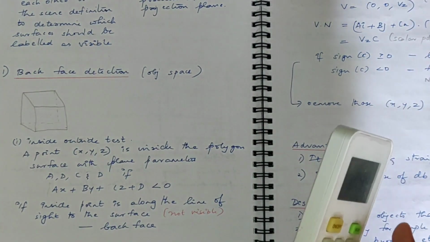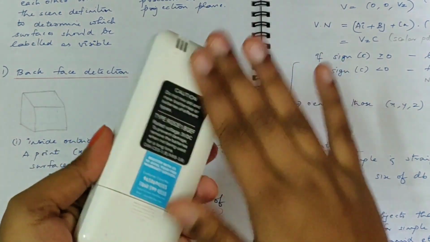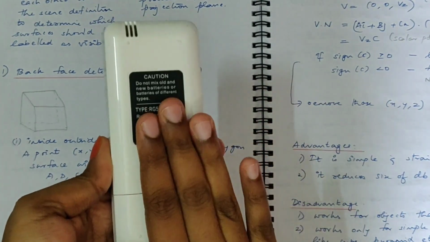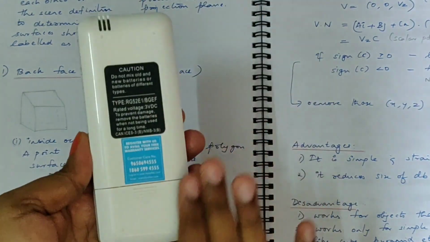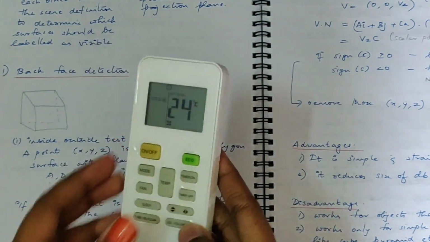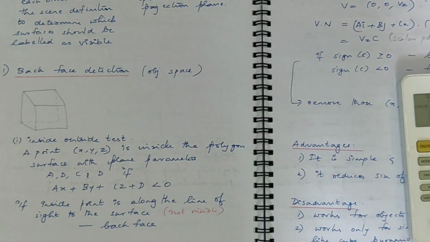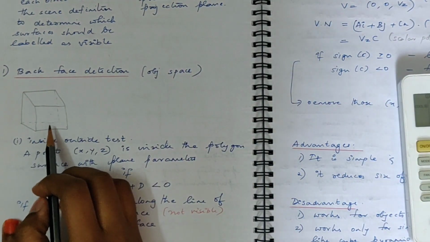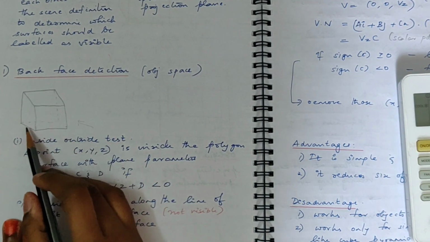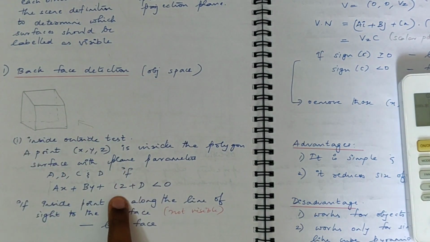In backface detection, basically what we are trying to do is, if you take an object, the back face of that object is totally hidden. So we are going to determine which is the back face in the object, and then remove that from the view plane. That is our aim in the backface detection method. If you have an object of this type, you will be viewing in one direction, so the back face of this polygon has to be removed. No need to store the coordinate positions for that back face.